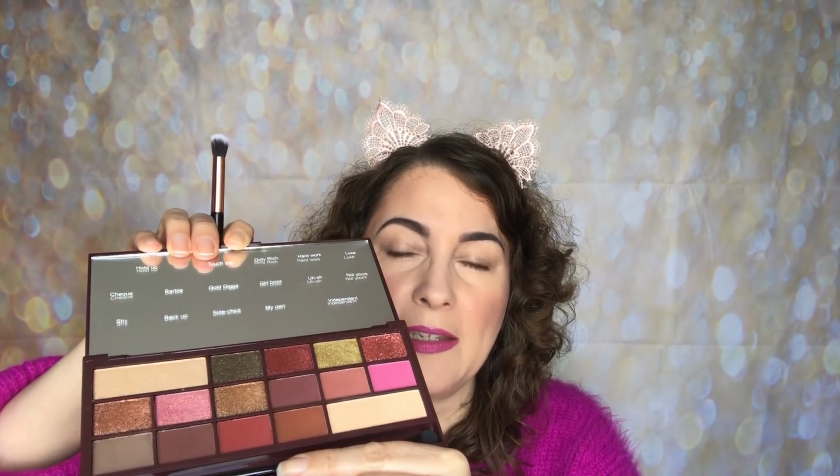Now I'm going to start with the shade that I really want to go for, but I want to go for something a little bit different. So I think I'm going to go for, or should I start it with, this one, it is quite light. In this palette there aren't too many transitional shades, so I was thinking that one, but I'm not sure if that's going to go with my jumper, so I'm going to start the look off with this shade. So I'm just going to dip my brush into that one,